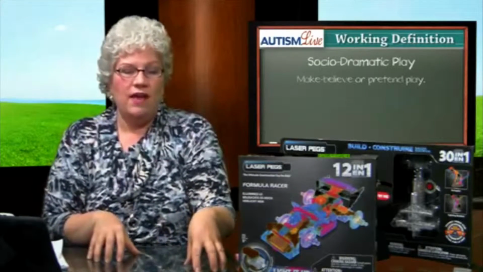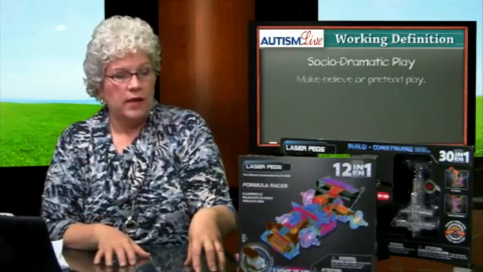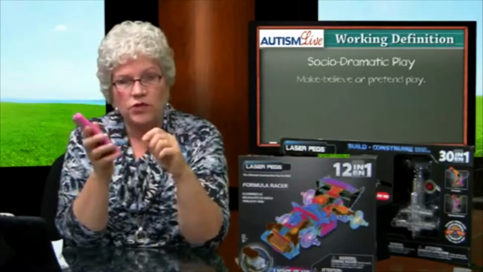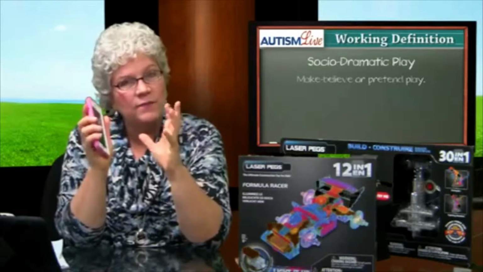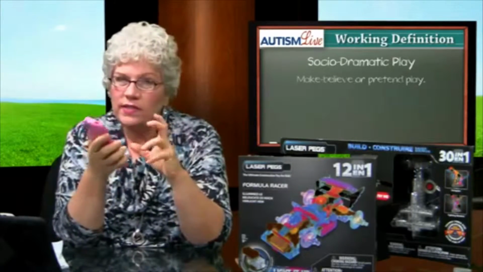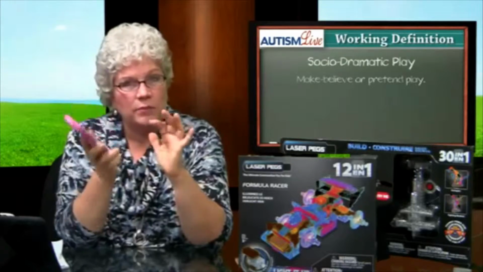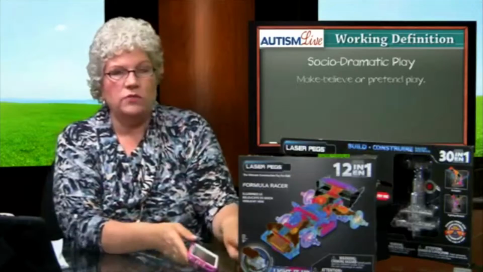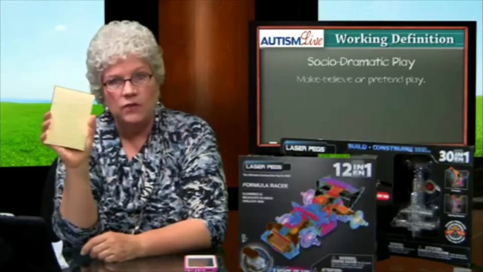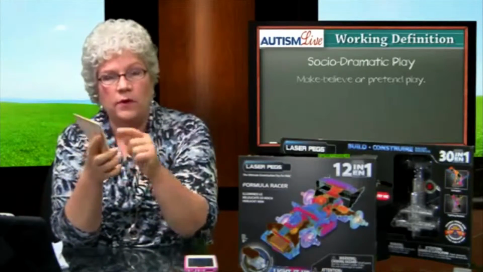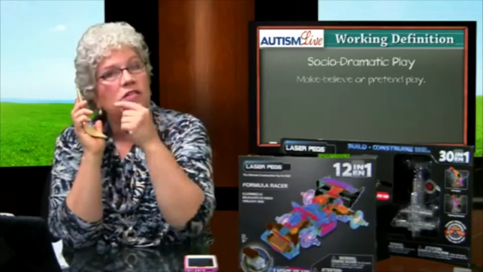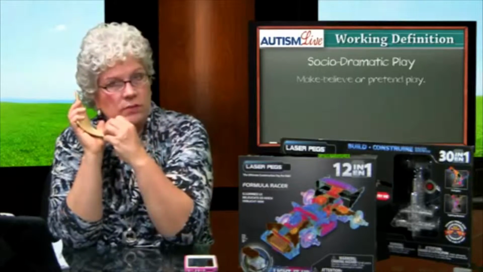So let me see if I can put this all together for you. On Tuesday, our jargon was functional pretend play, right? That was when we take something that looks like a cell phone, but maybe it's a smaller version and it's a play one. It doesn't work, it doesn't have the same functionality, but it makes noises like the real thing, right? And we get to play and pretend with it. That begins to build the skills to get to symbolic play, which is when you pick up something that is not a cell phone, but we endow this piece of paper with characteristics of a cell phone, and now we begin to pretend we're doing functional pretend play, right?